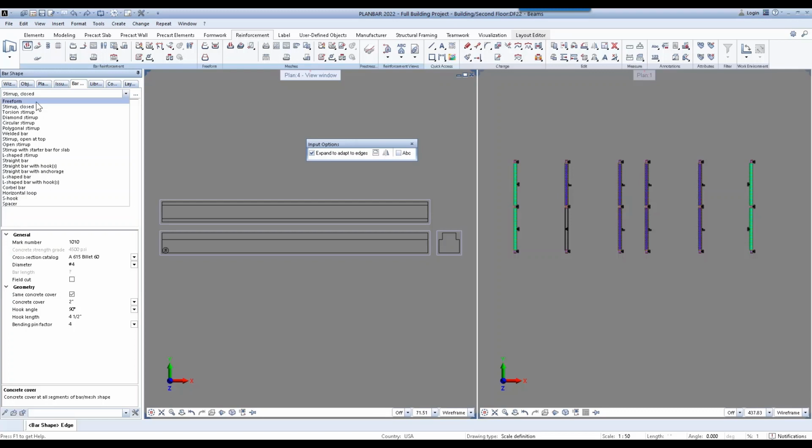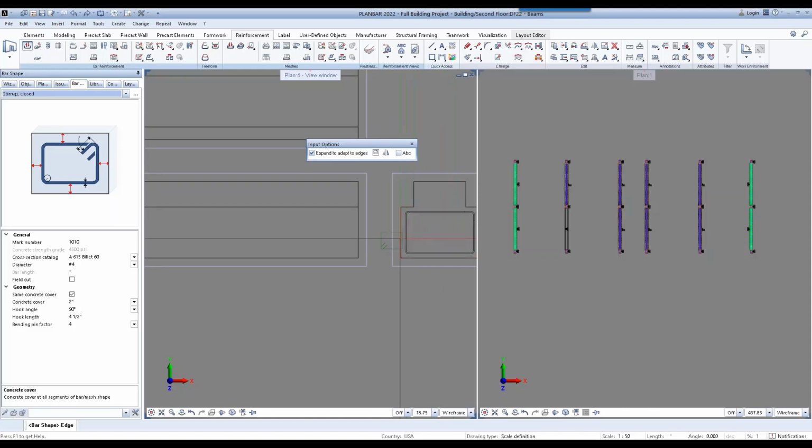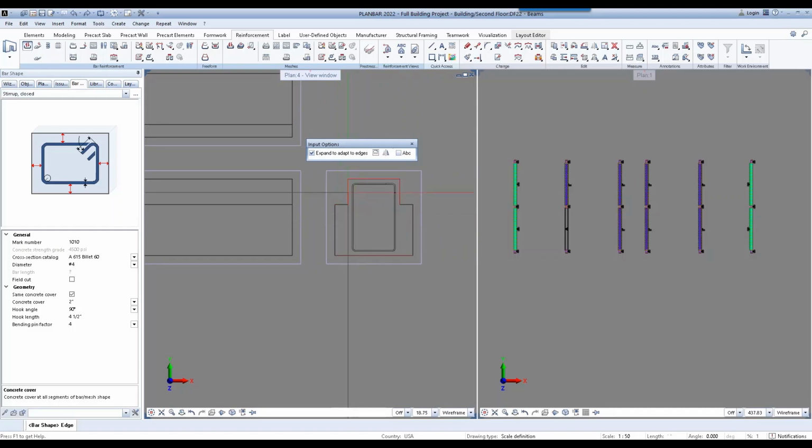But for this beam, I'm just going to choose the stirrup closed or closed stirrup. And because I have this checkbox expand to adapt to edges checked, my bar is automatically going to adapt to the profile of my beam.